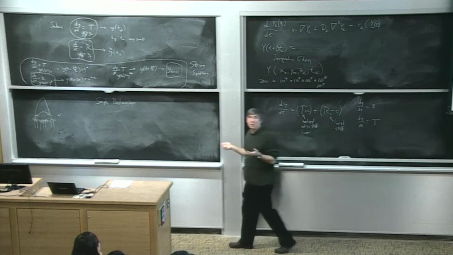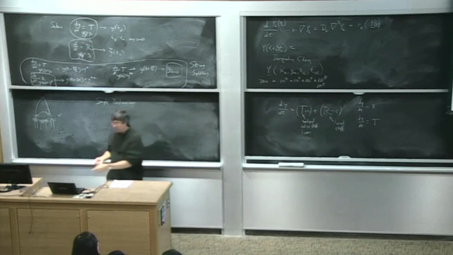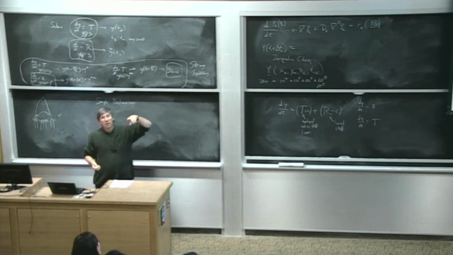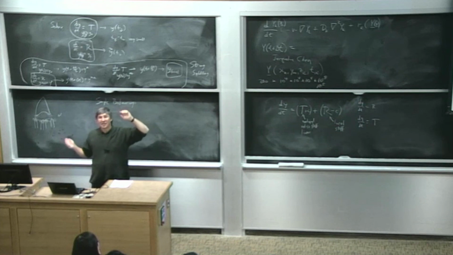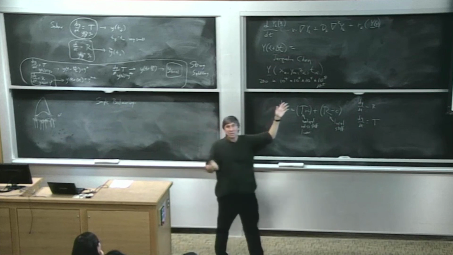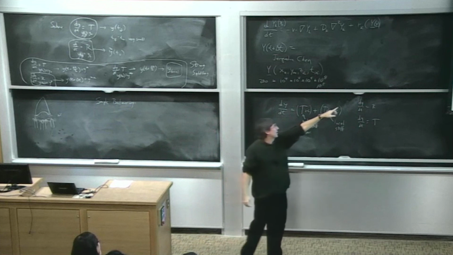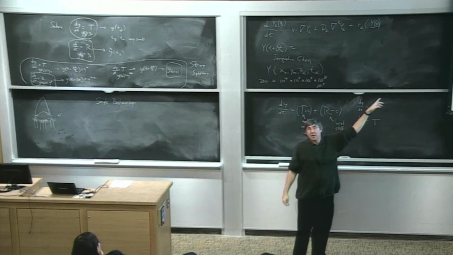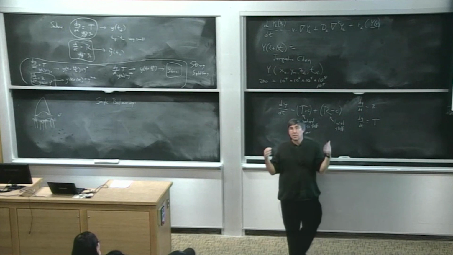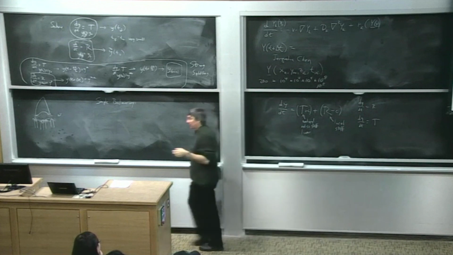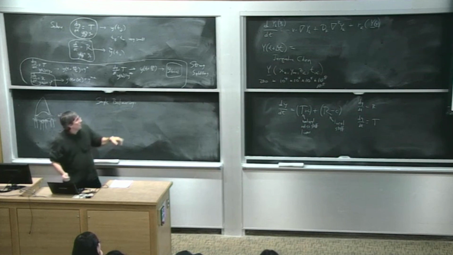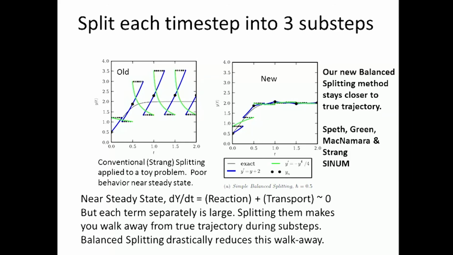And the reason why Strang splitting has trouble is it's doing these huge excursions away from the steady state at each time step, with the hope that it ends up back at the steady state. Right? That's the way it's supposed to work out. And to second order, it does. It's pretty clever about how it works. But it does its crazy excursions. Now, if you have a nonlinear model, the further you do excursions from the real trajectory, the bigger the error you get. So if you do the balanced method, you can see what happens is that when you get to